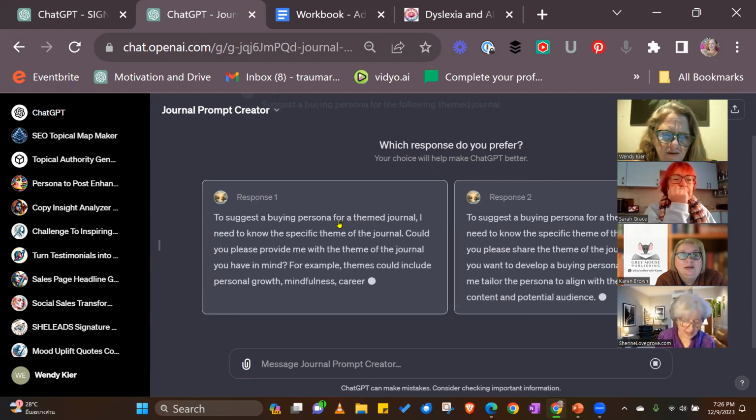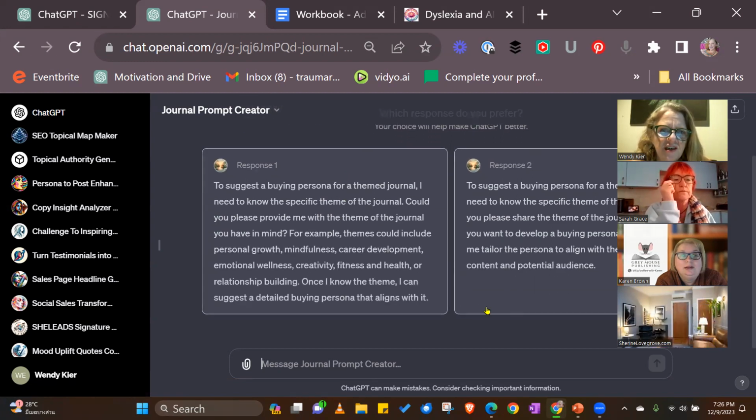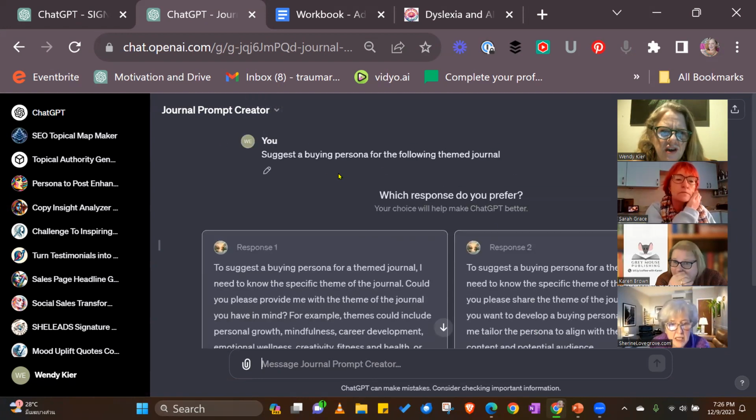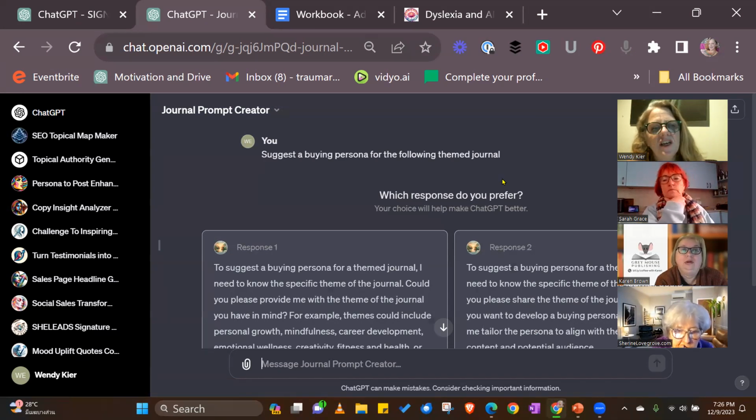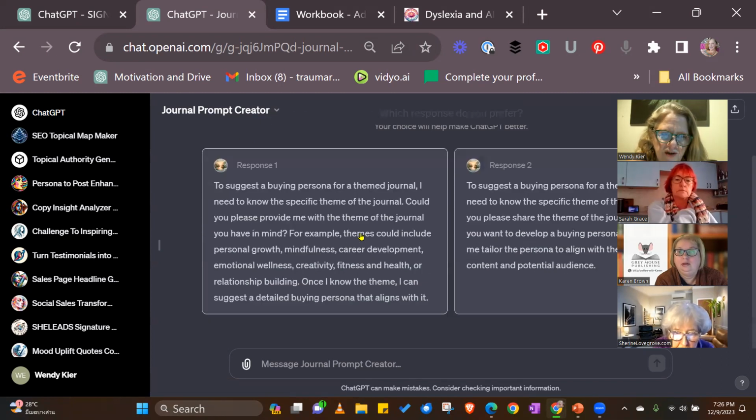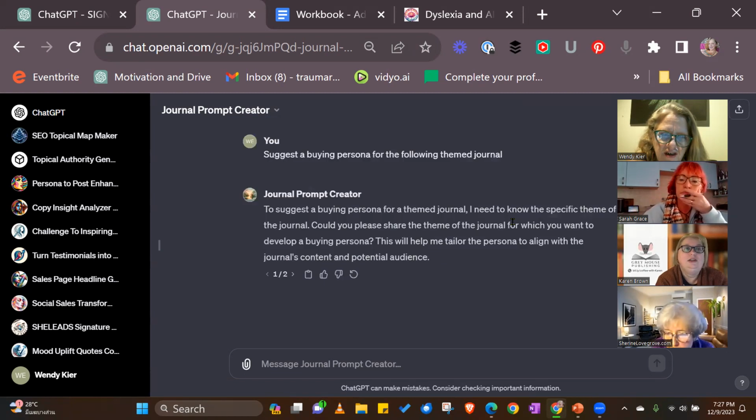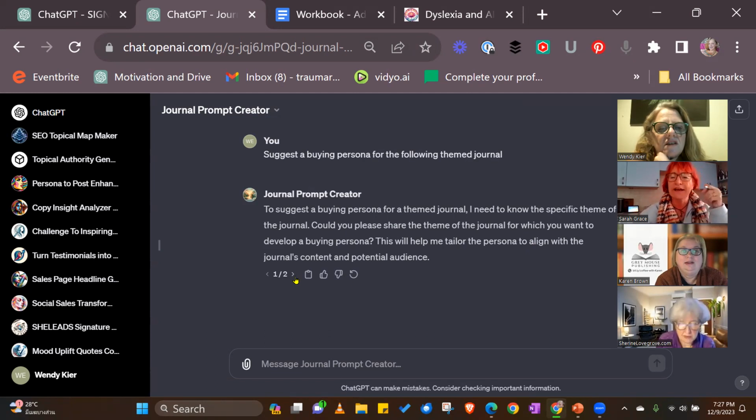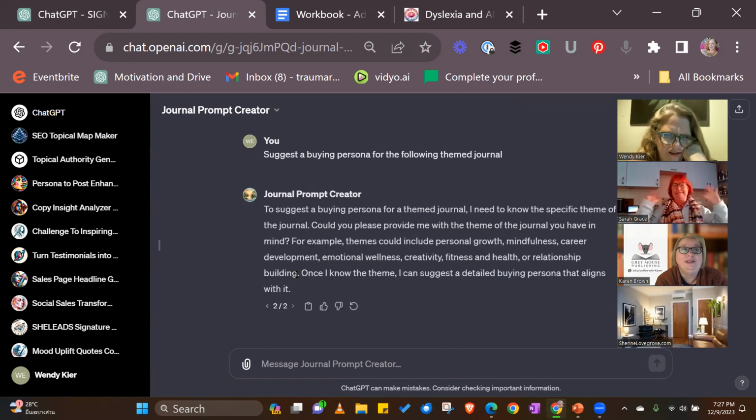Okay. I've just clicked on this, it's interesting. I've not seen this before. It says suggest a buyer persona for the following theme journal. It's got response 1 and response 2. It's completely changed it. I wanted it to do another one, but it just created something different.